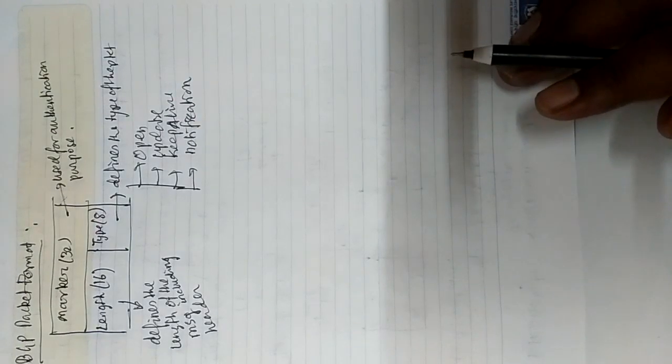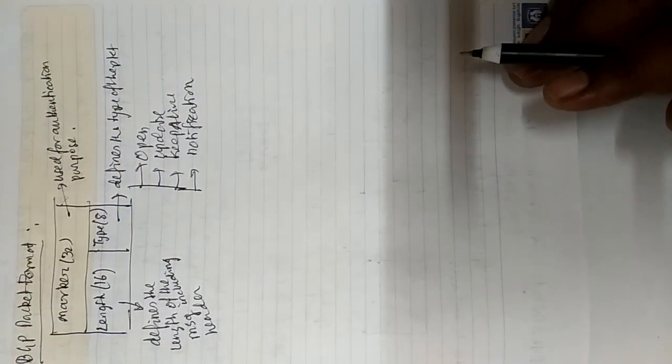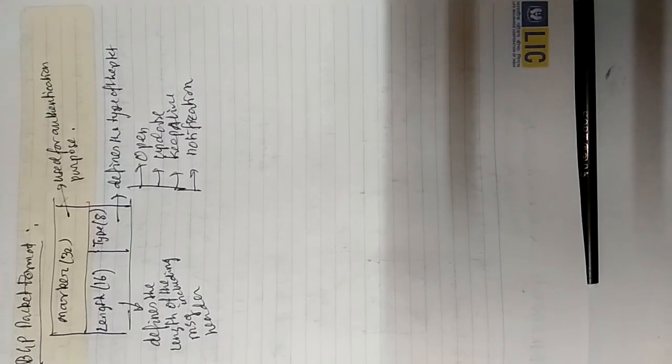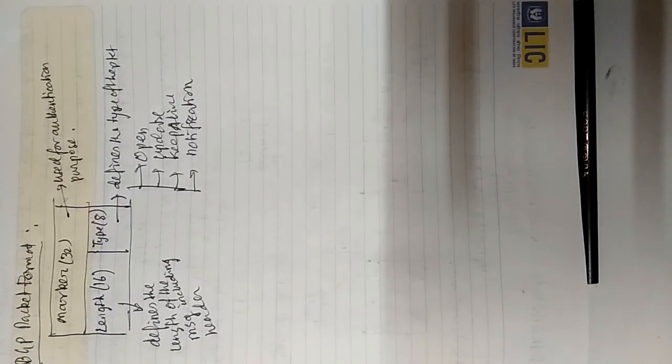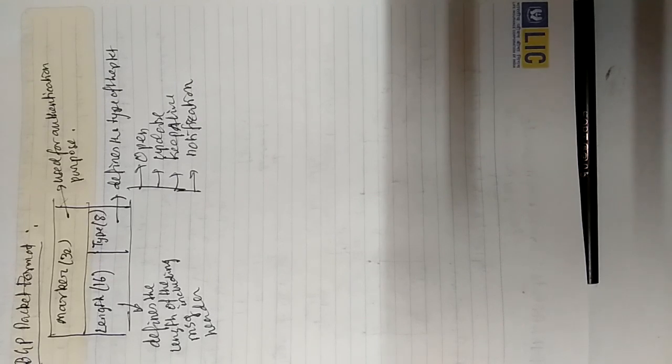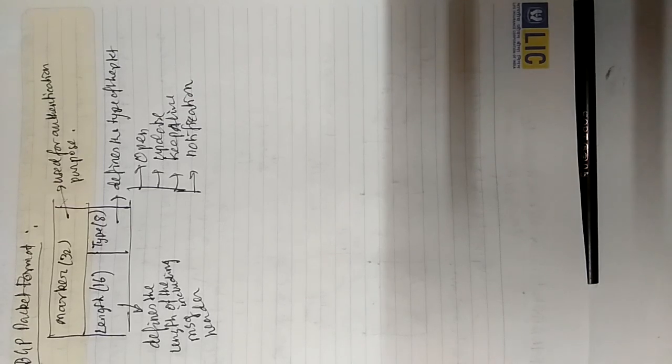Okay, so what we have studied till now: what do you mean by BGP? That is Border Gateway Protocol. It is an inter-domain routing protocol that uses path vector routing. Next we studied the types of autonomous system. There are three types: stub autonomous system, multi-homed autonomous system, and transient autonomous system. After that, we studied the path attributes. There are two: one is well-known, which every BGP must recognize, and another is optional, which is not mandatory.